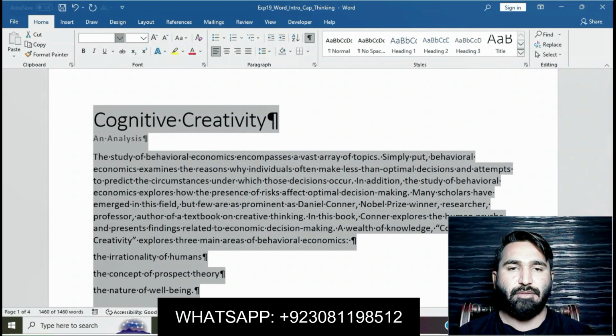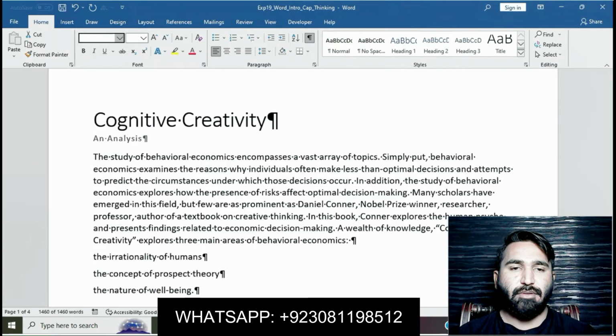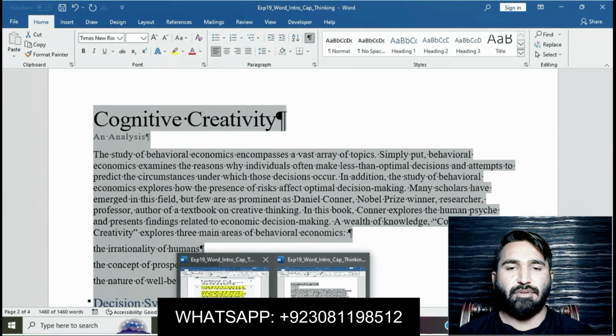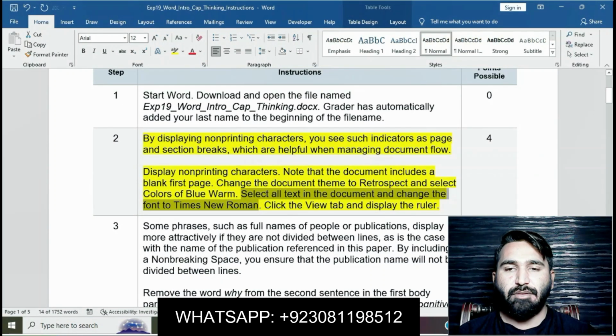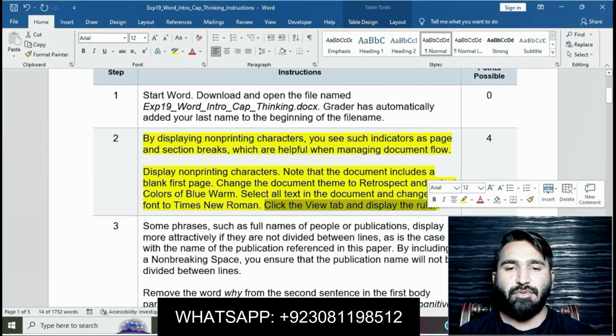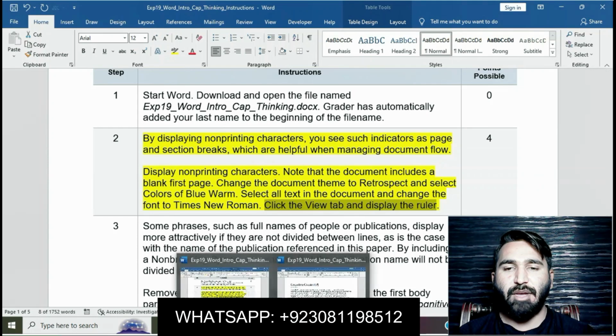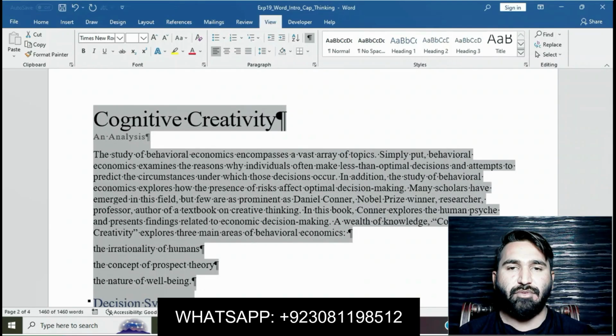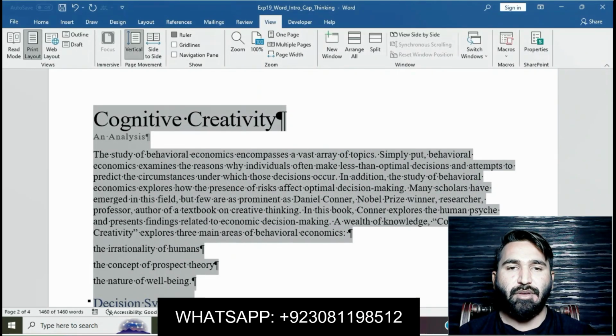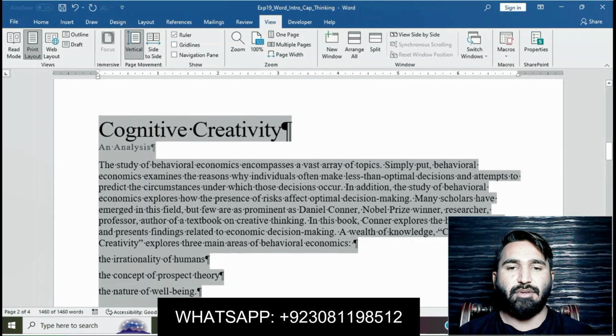Okay, it's done now. Font to Times New Roman. Okay, click the View tab and display the ruler. Go to the View tab and display the ruler. Okay, it's done now.